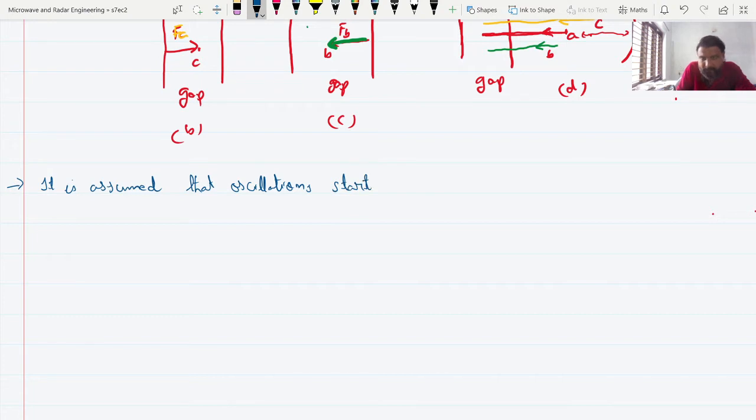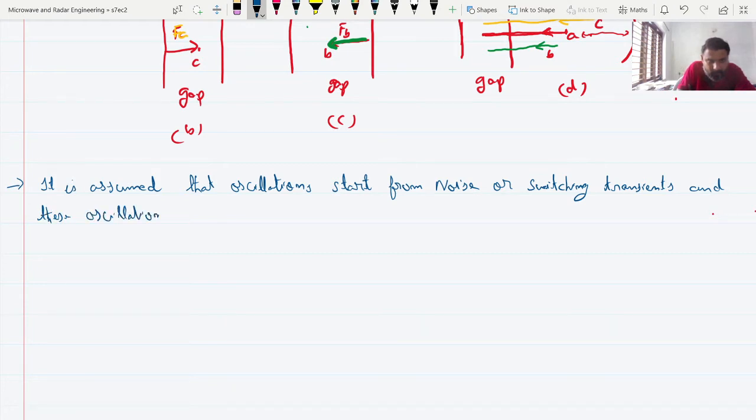In the initial case we require the oscillation, so that oscillation starts from the noise when it is turned on, or by a switching transient, and this oscillation is sustained